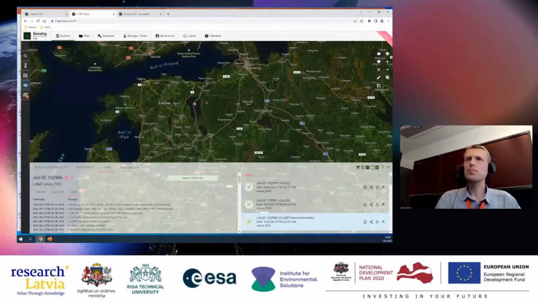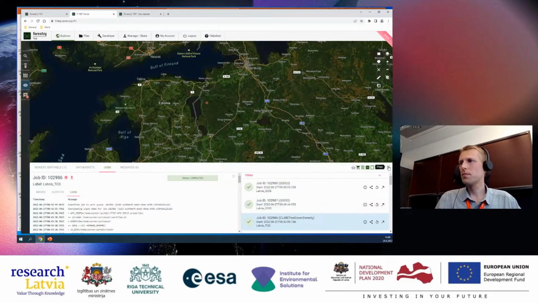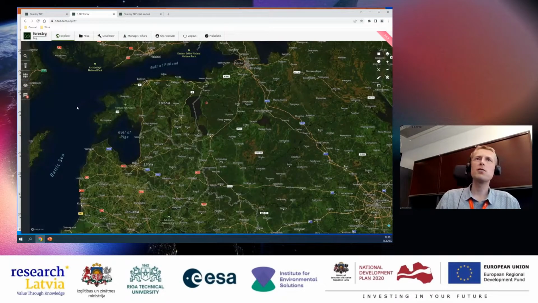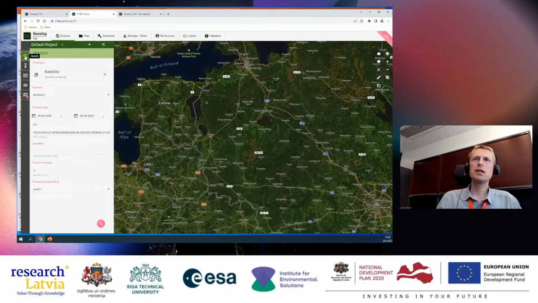So let's start. We can close this panel for now. And the first step we need to do is to search for a nice satellite image. So we open the search window, and if you haven't already chosen the satellite search, you can click the satellite button so that it opens the satellite search. And we need Sentinel-2 image as it is.